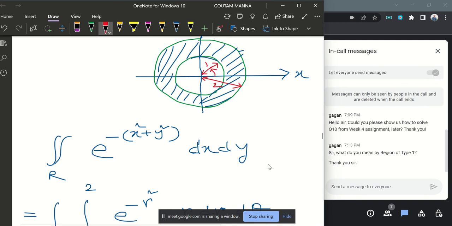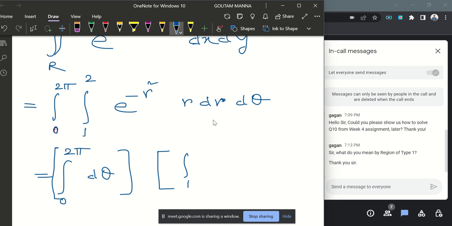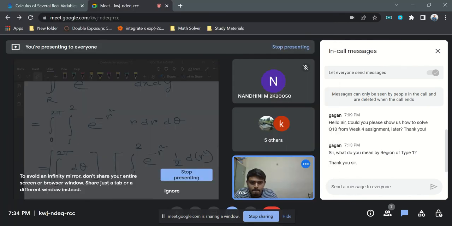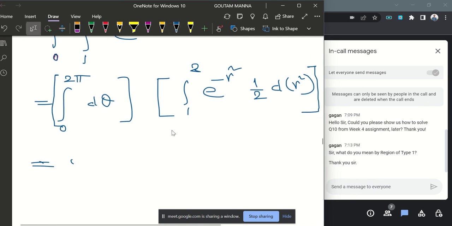So this is the theta, let's say. Theta is varying from 0 to 2 pi. Now if you do the integration, we can do this theta integration separately because there is no theta dependence here. So you can just put this d theta separately, and we can do the r integration separately: e to the power minus r square, half d of r square. Now this integration is 2 pi from the theta integration, and this r integration is